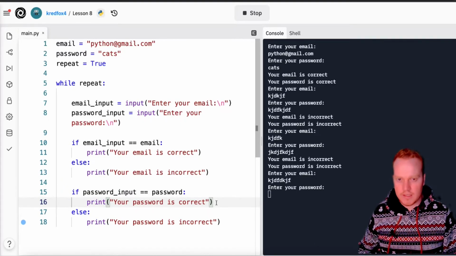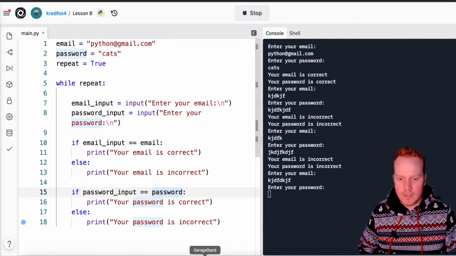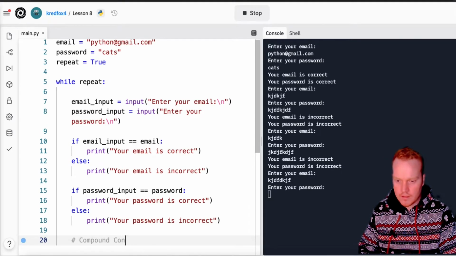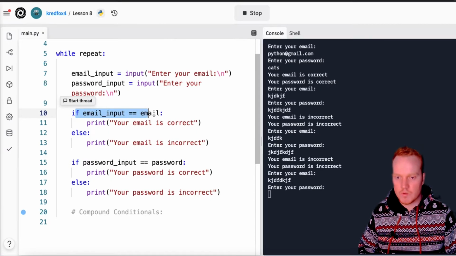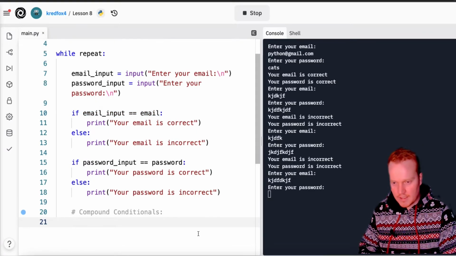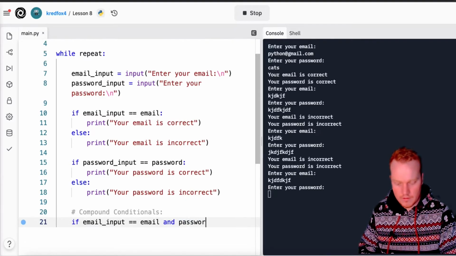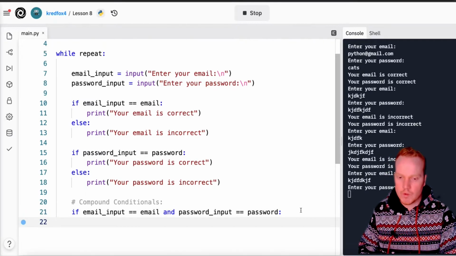Well, I don't want it to repeat if the user is typing it in correctly, correct? So let's say that whenever the user types it in correctly, not just the email, but as well as the password, then we want the loop to break and log the user in. So I'm gonna introduce something that is new to this course, something called compound conditionals, okay? And compound conditionals means that we can use these same conditionals, but we can use multiple on the same line. So I'm gonna say if email input is the same as email, and password input is the same as password, and I'm going to give myself a little bit more room here so it's not on a different line,